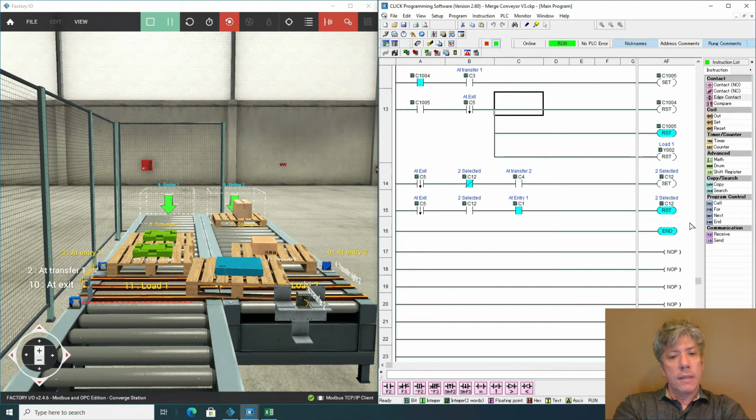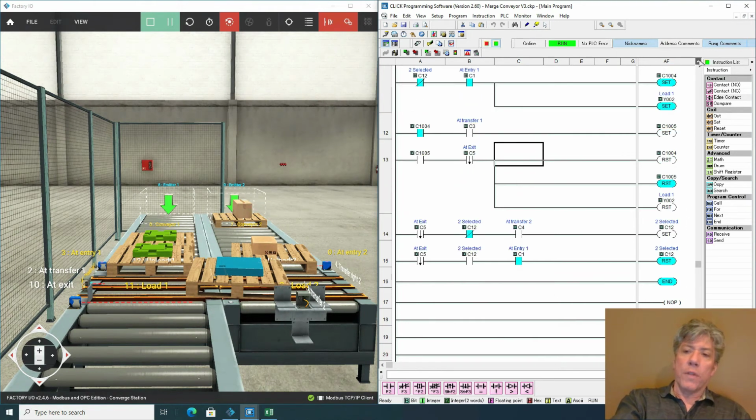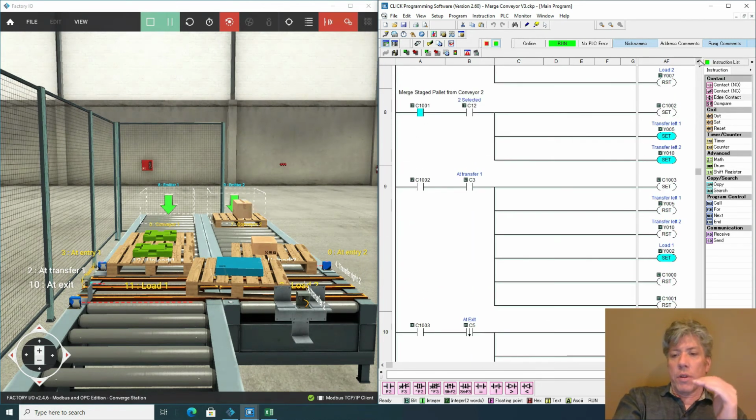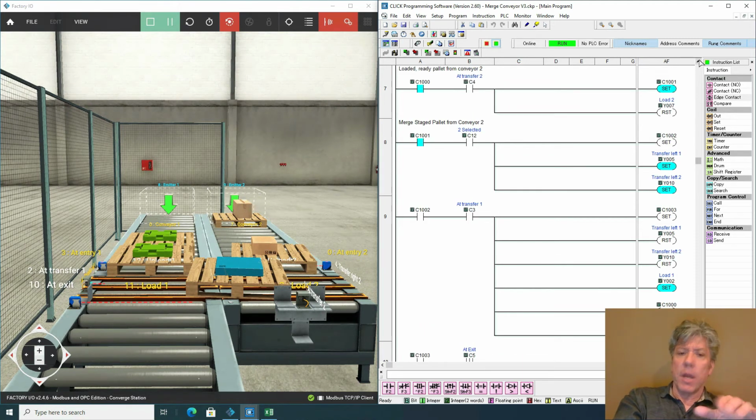So why did the pallet from conveyor 2 decide to slide over? Well, apparently we caught it just right. Apparently what happened was, notice that the code for the sequence comes first. And there's still some time for the, let's see, would that make sense? I don't know if that makes sense, because the mechanical system is going to happen very, well, it's a bit, so the bit could be set very, very quickly. So let's just theorize that,